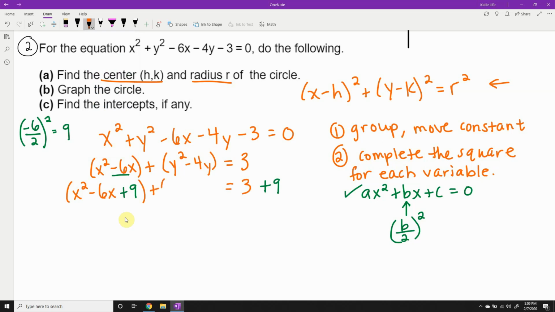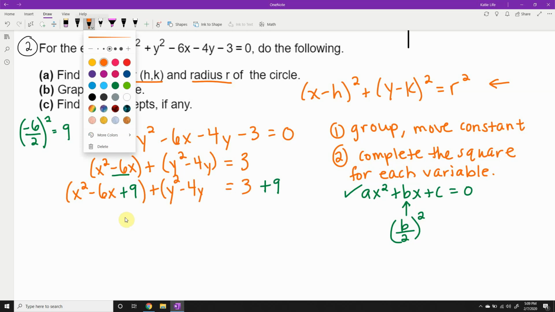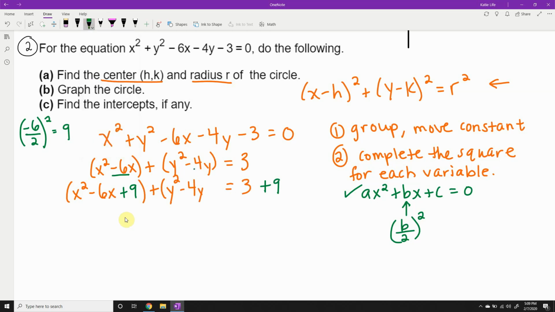I want to do the same thing for the variable y, but this time my coefficient with the single variable y is not -6, it's -4. So completing the square on y, we're going to take -4, divide it in half, and then square it. Well, -4 divided by 2 is -2. -2 squared is 4. I'm going to add 4 to both sides to balance it and also complete the square